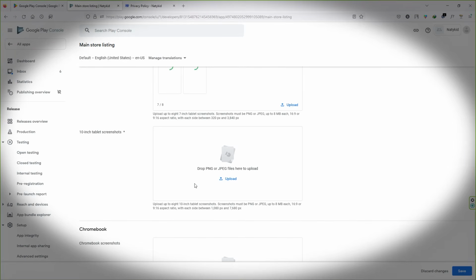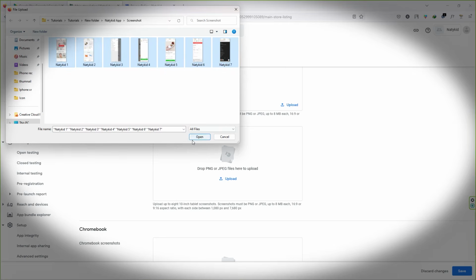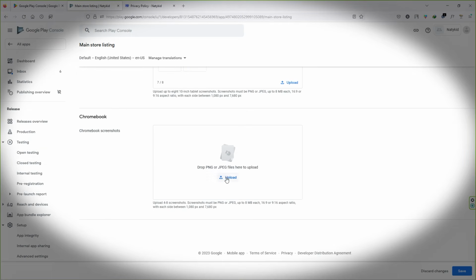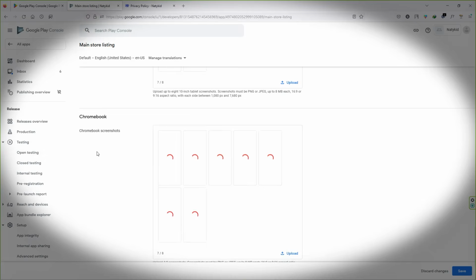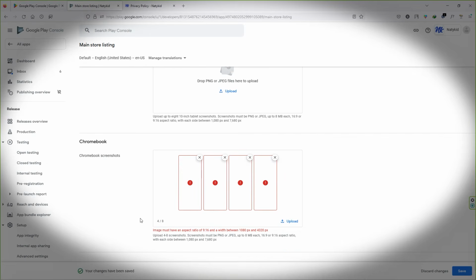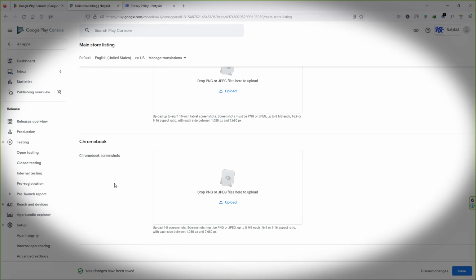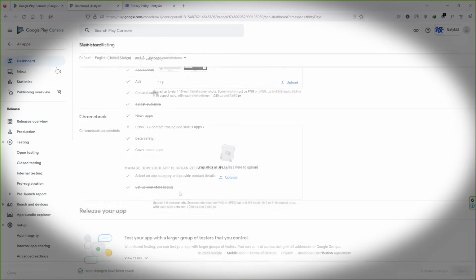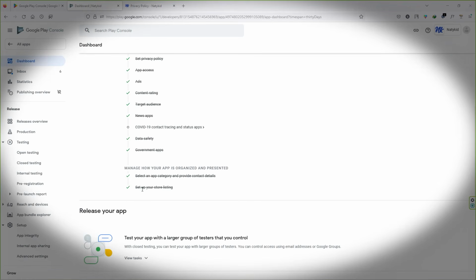And 10-inch tablet, you can upload the same screenshot, click open. Chromebook, I'm gonna upload the same for Chromebook as well. For the Chromebook, I cannot upload the same icon, so I'm gonna close it out and click on save. And let's go back to the dashboard. Alright guys, so as you can see, we completed the setup your store listing as well,